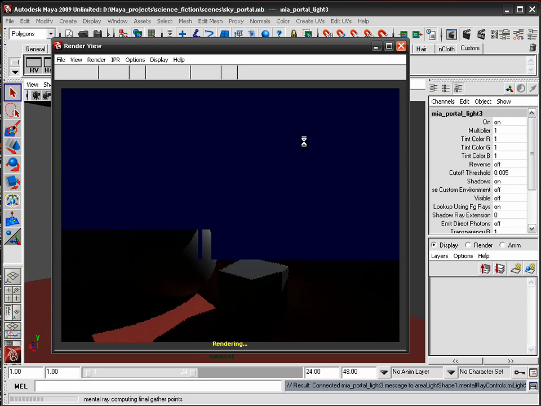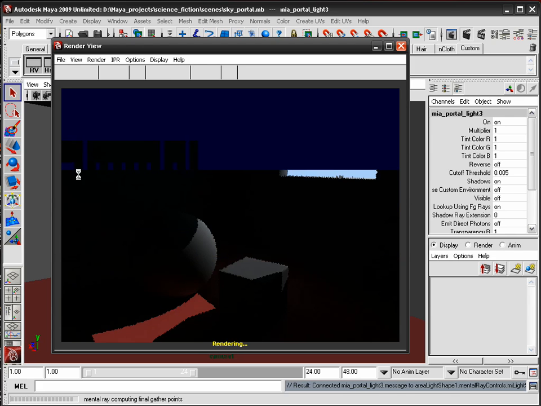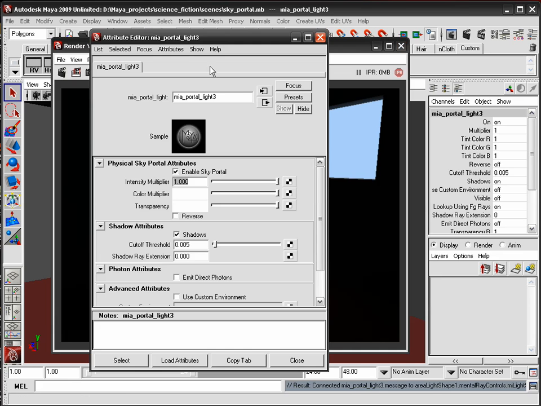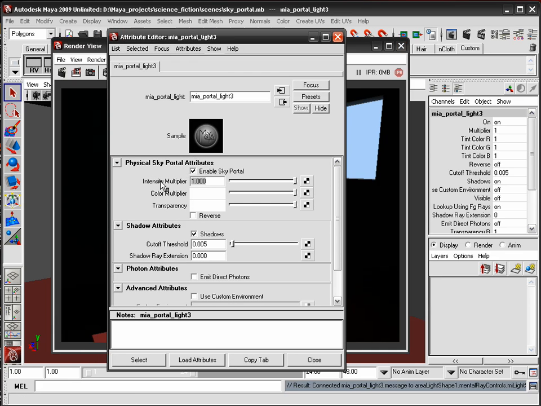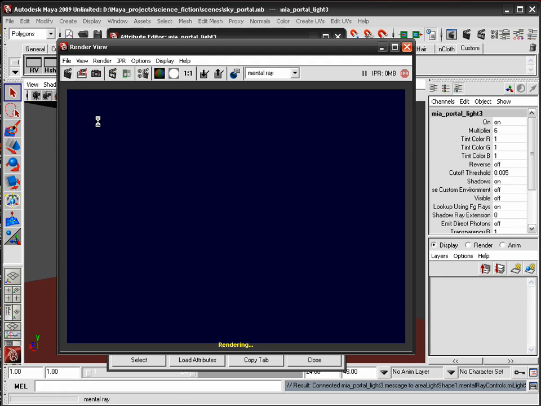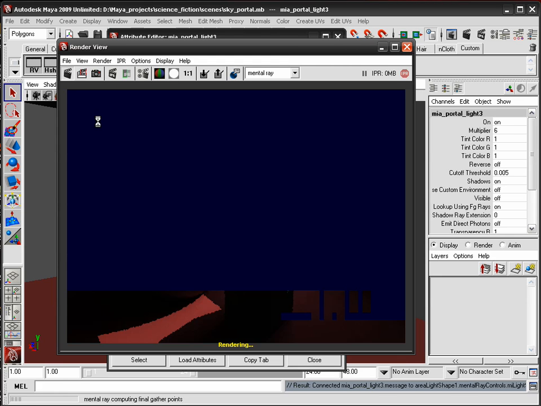now I'm really disappointed, and I see like I've created an area light, a Mia portal light. Now I still don't see any illumination here. So what am I missing now? What else am I supposed to do? All you need to do here is you have to come into the intensity parameter and punch in an intensity. Let's start with somewhere around 6 and take a render,